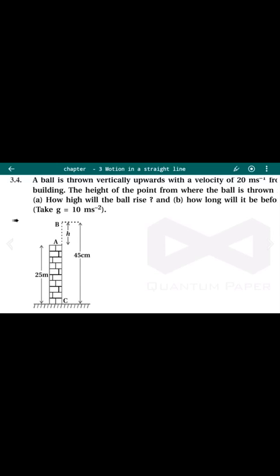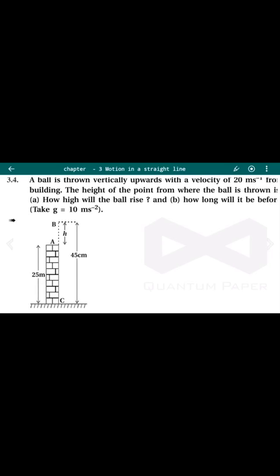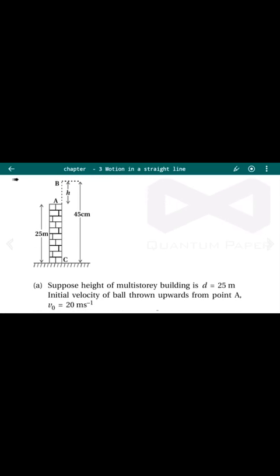So in this case we have seen that the ball reaches the point B, right. So here we need to find the height h, that is the distance between AB, and what will be the time the ball hits the ground. That means the ball starts its motion from point A, it reaches point B, and after that it comes to point C. That means the path over here for the ball is A, B and C. So the time taken for the ball to cover this path, that you need to find out over here.